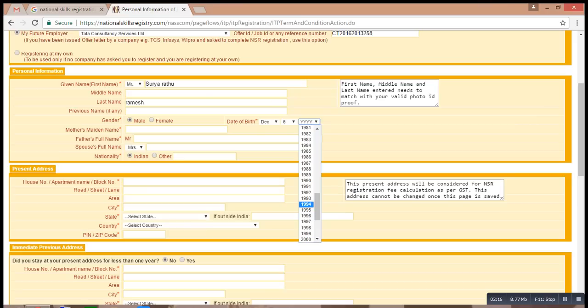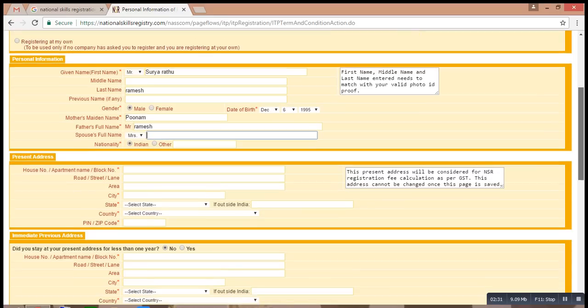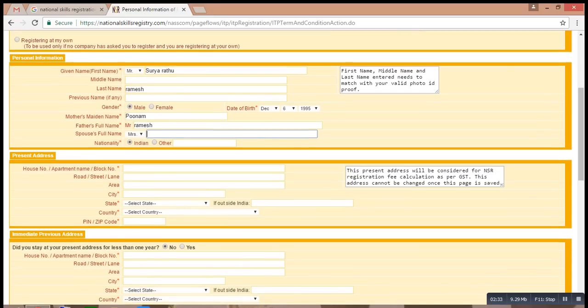Mother's name, Poonam. Father's name, Ramesh. Okay, I'm not married. Nationality, Indian. So you have to give your address over here. All these things are necessary.